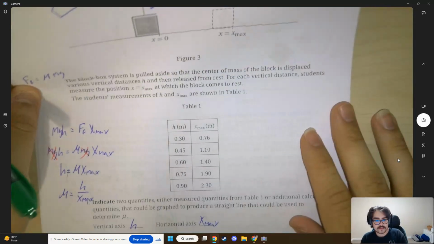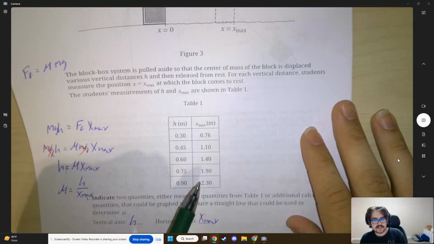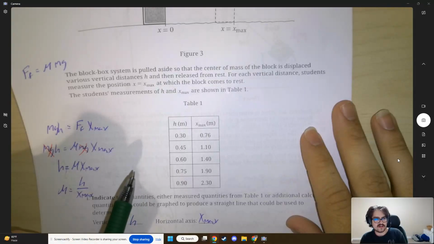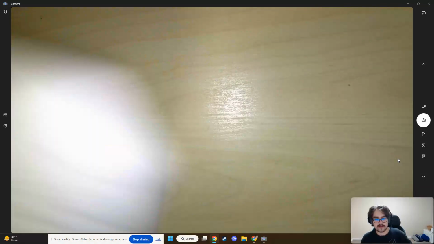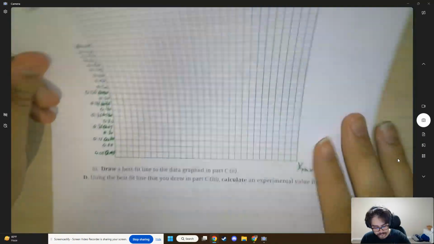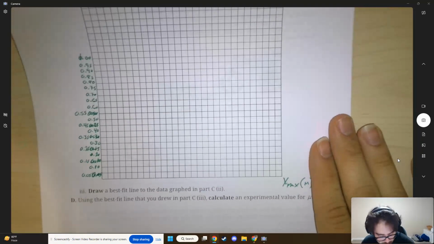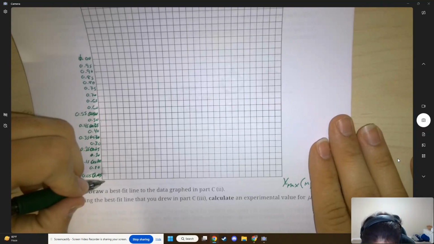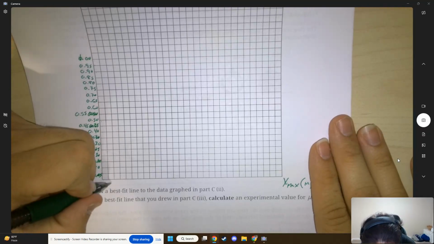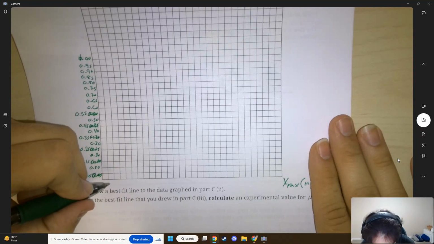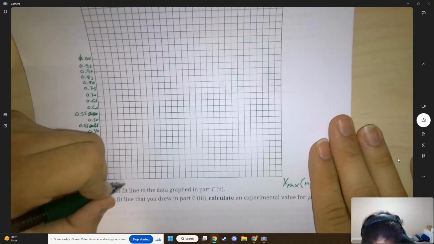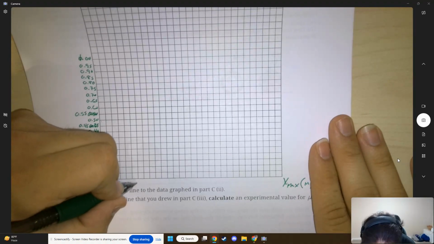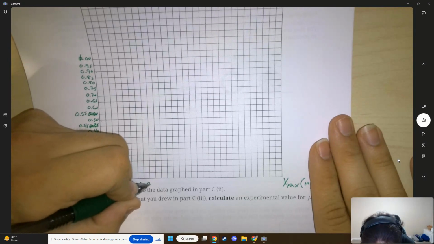Don't at me. My x values span up to 2.3. So if I actually go in increments of 0.1, I can actually do that. Oh, I shouldn't have labeled everything. I should have just done every 0.1 here. I'm stupid. If I go in increments of 0.1, I'm just going to label 0.2, 0.4, 0.6, 0.8,